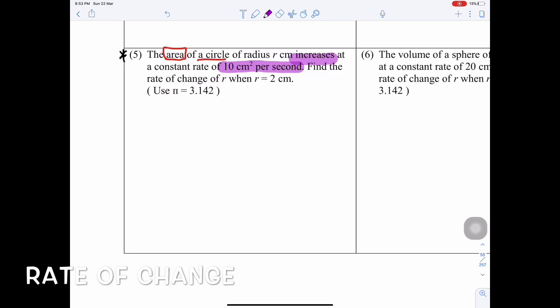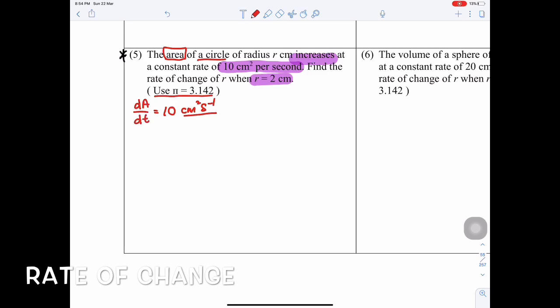Find the rate of change of r when r equals 2 centimeters. Use pi equals 3.142. First collect the information: 10 centimeters squared per second. So refer to the unit: dA